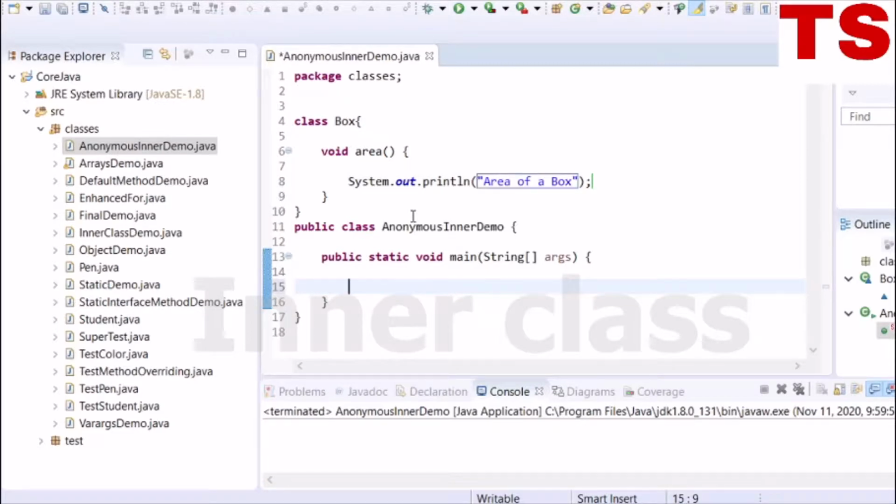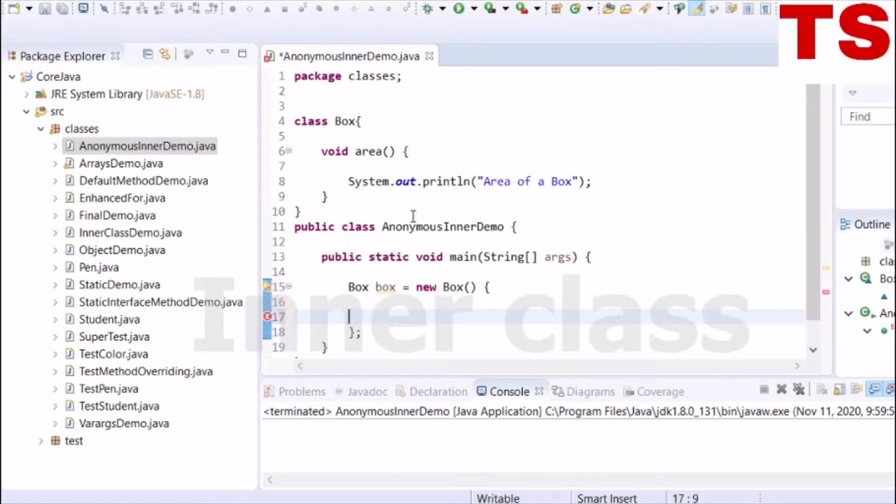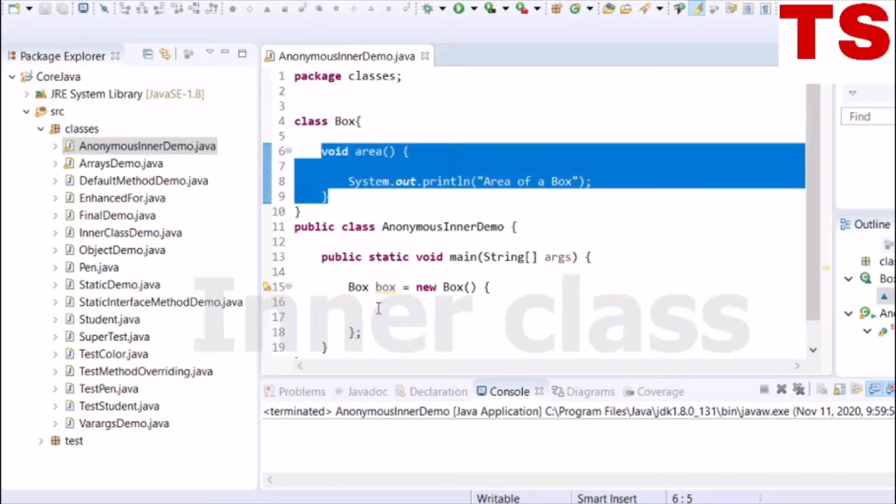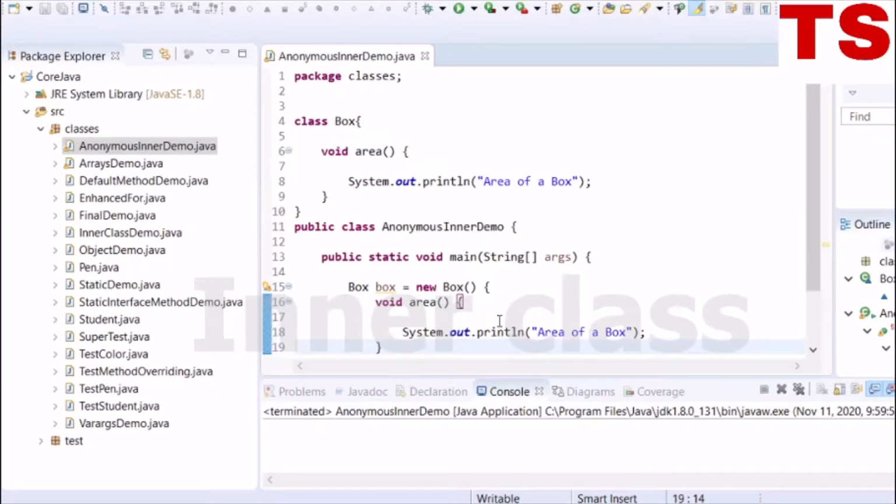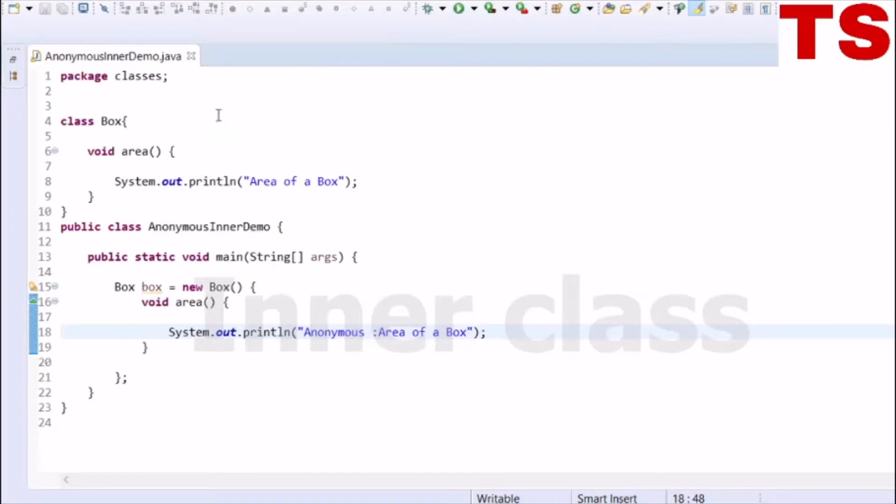Now let's try to create an anonymous inner class in this main method. Now this is the syntax of creating an anonymous inner class.